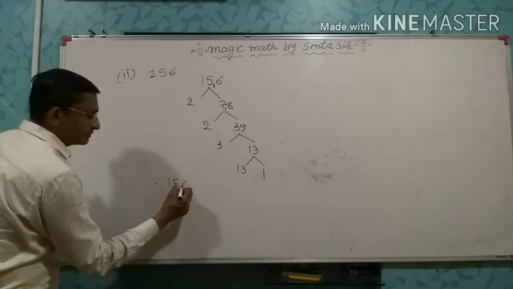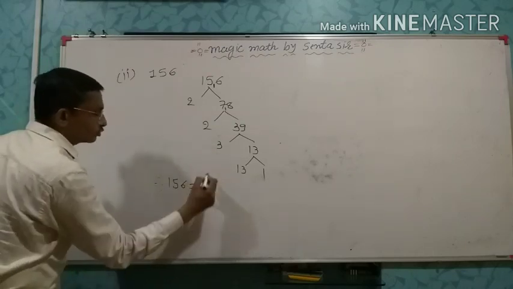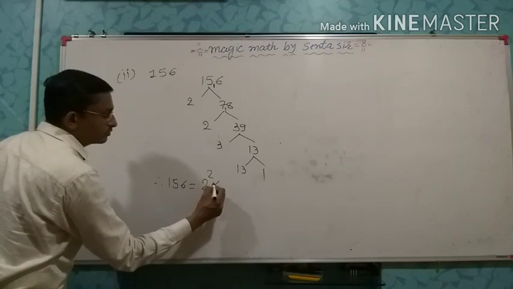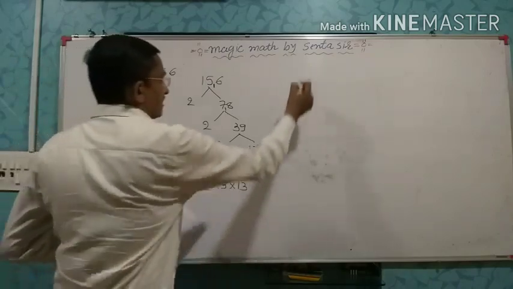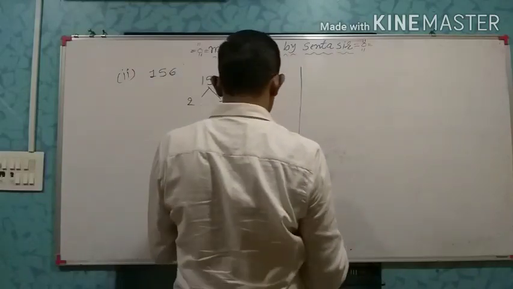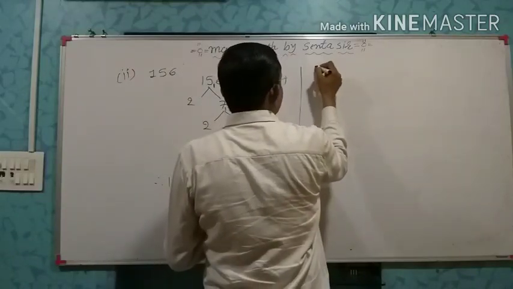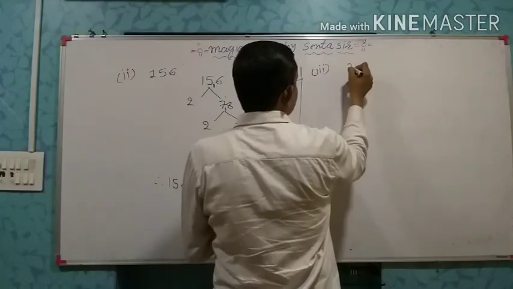Therefore, 156 is equal to 2 squared into 3 into 13. This is the answer. Now we see the third example,